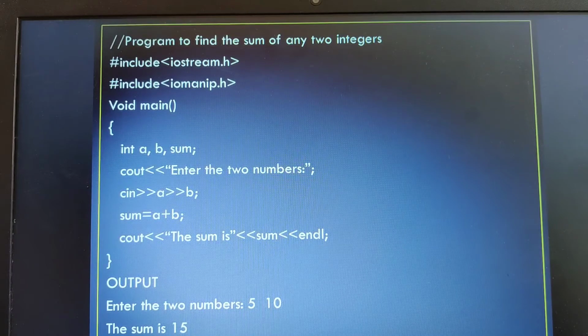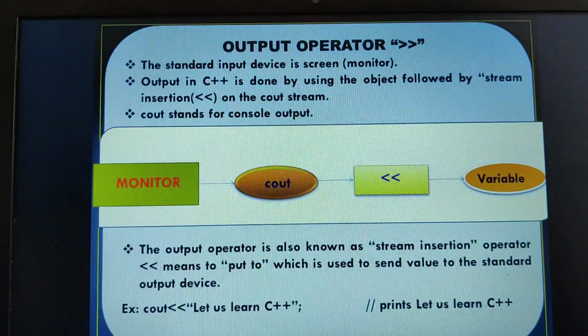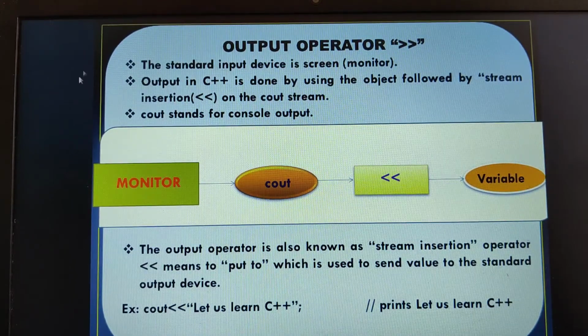Okay, moving on to the next concept, that is the output operator. The output operator is nothing but the stream insertion. With console input, we are using stream extraction. With the output operator, stream insertion. Why is it named stream insertion?